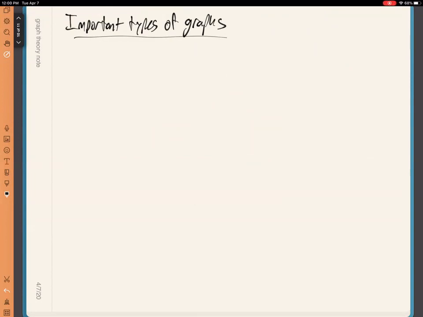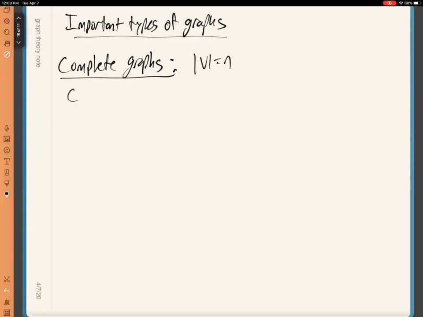Right, and so we'll encounter a variety of other different important types of graphs throughout the next several lectures. Today, I'm just going to introduce two. So the first is something called a complete graph. Let's suppose I have a vertex set which has size n. And so the complete graph on n vertices,